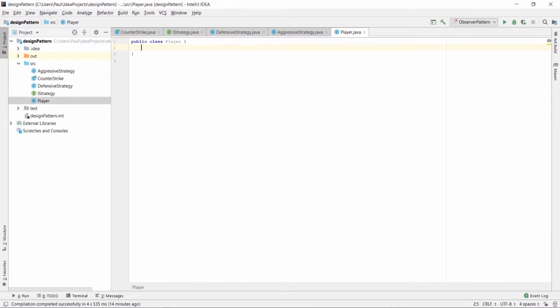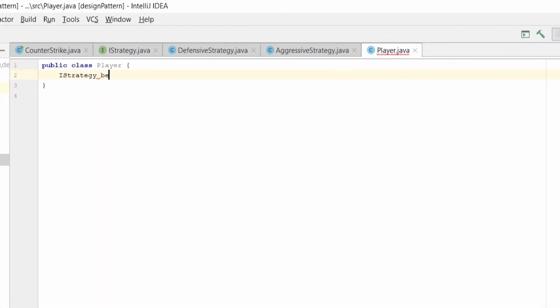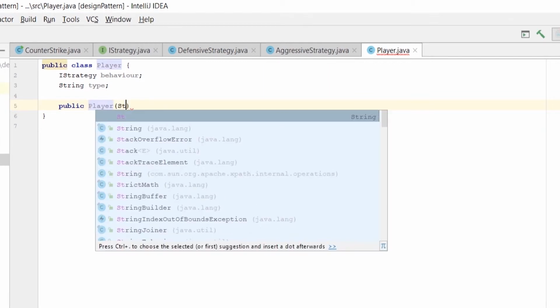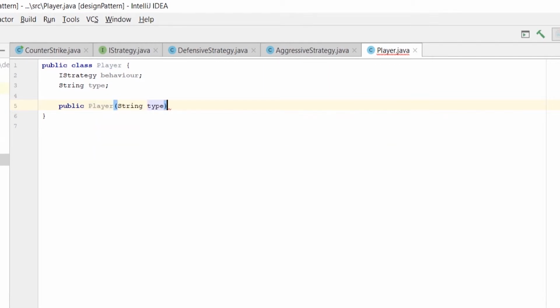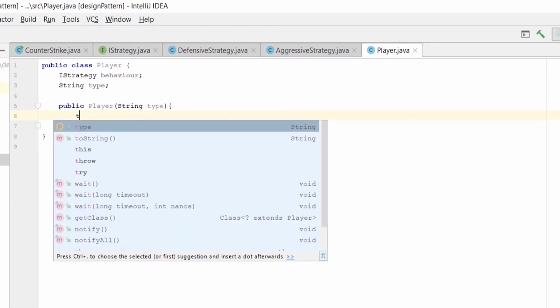Next, we need to have a player with different behavior, and can be of type terrorist or counter-terrorist. So we will overload the constructor and assign the player type to this.type.